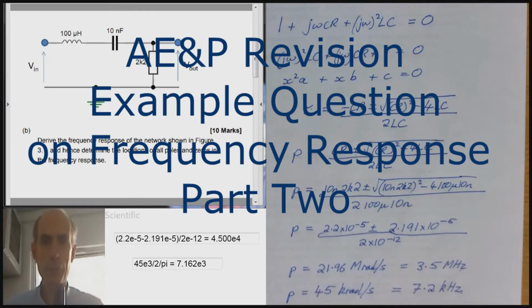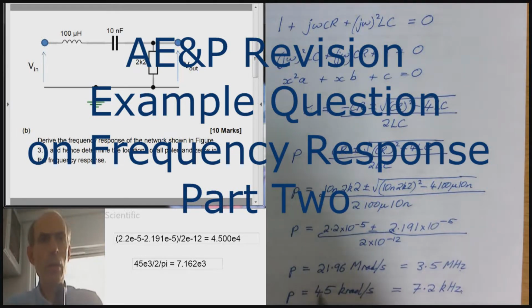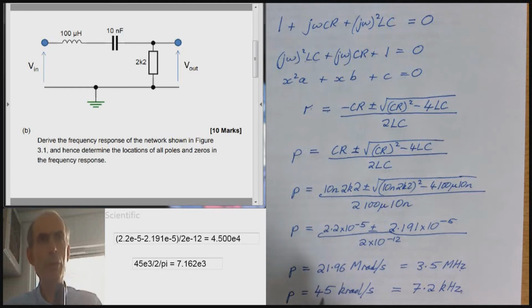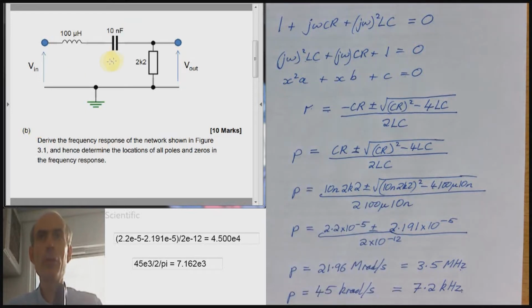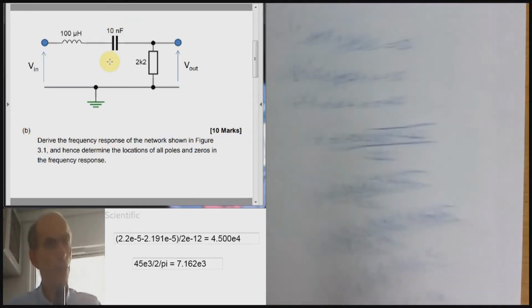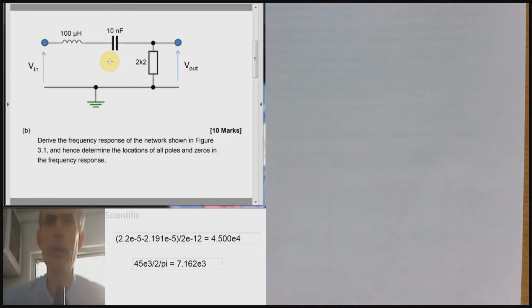Hello, welcome back to part 2. One other thing I should have mentioned about part B of this question. You may remember a slightly different way of getting these pole values. It's useful in situations like this, and that is if you work out what the resonant frequency and the Q